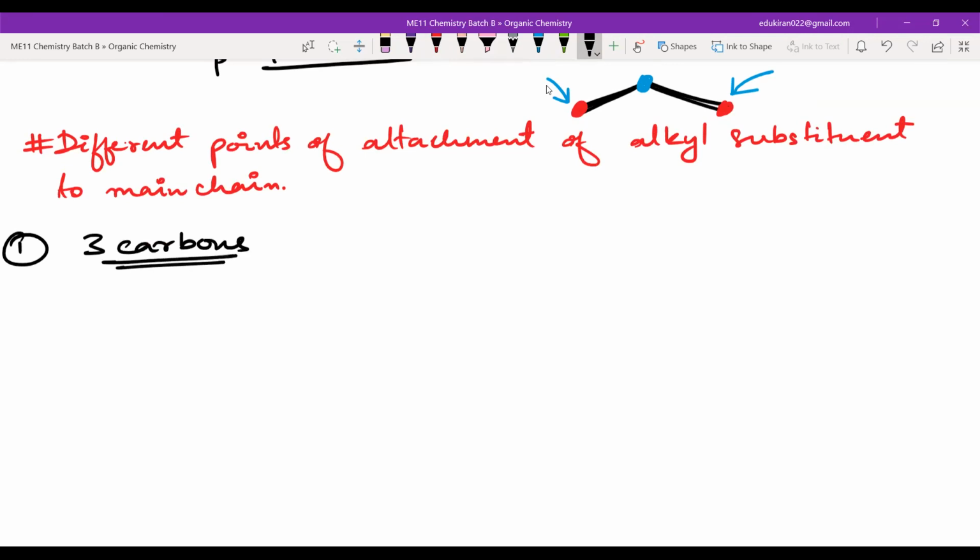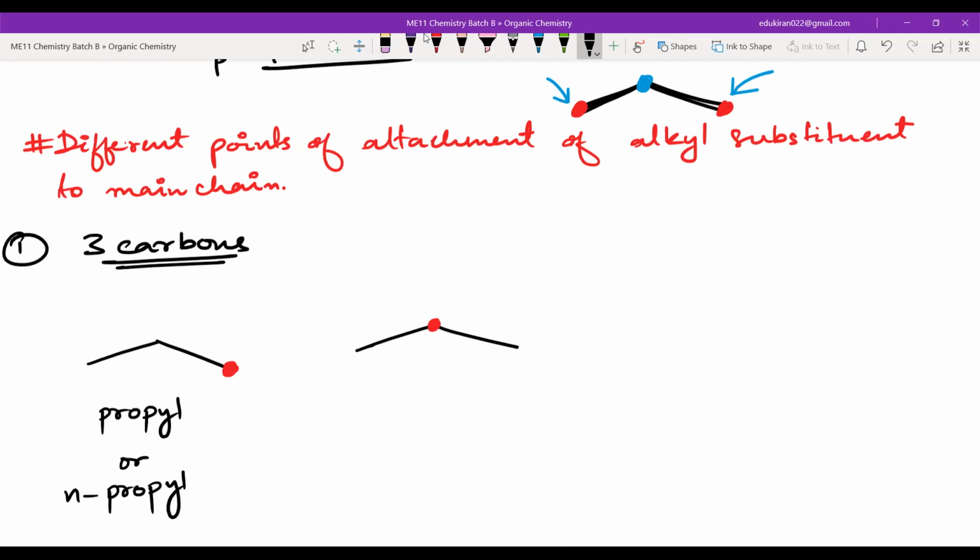Now, as we have just drawn, in 3 carbon, we will have 2 points of attachment. Either the main chain will be attached to this terminal carbon, or it can be attached to the middle carbon here. Now, when it is attached to the terminal carbon, we see that this is propyl, simple, or we sometimes also refer to this as N-propyl, normal propyl. Okay. Now, this is referred to as isopropyl